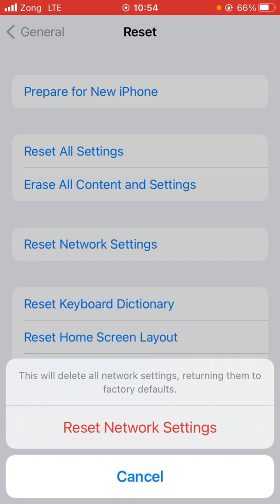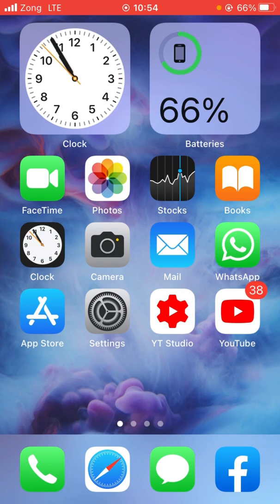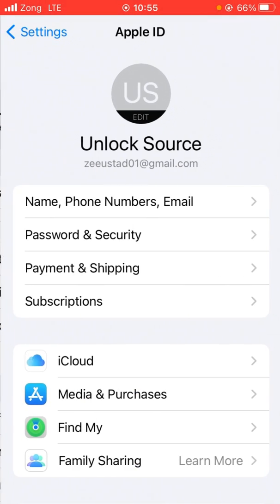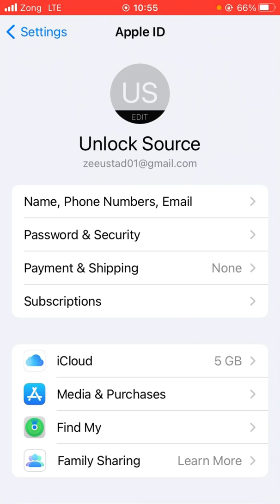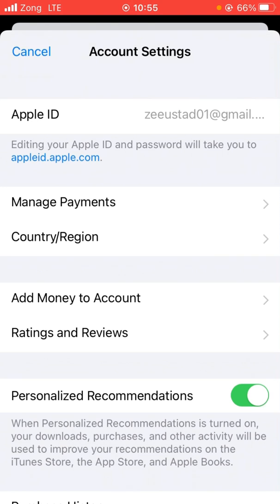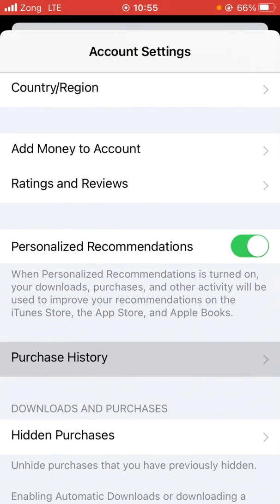And if this trick also doesn't work for you, then go for the third and final and important one. For that, what you have to do is just again open the Settings app and then tap here on Apple ID profile, and now tap on Media and Purchases, and now tap on View Account, and now scroll down, and here is the Purchase History. So tap it,